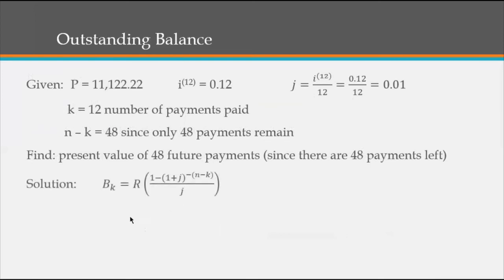So, solve it. We use the formula or symbol of B sub K is equals to the regular payment R times the quantity of 1 minus 1 plus J raised to negative N minus K, yun na yung remaining payments, all over J. Diba? Parang formula din ito na tinatawag natin finding the present value. So, ang regular payment natin ay